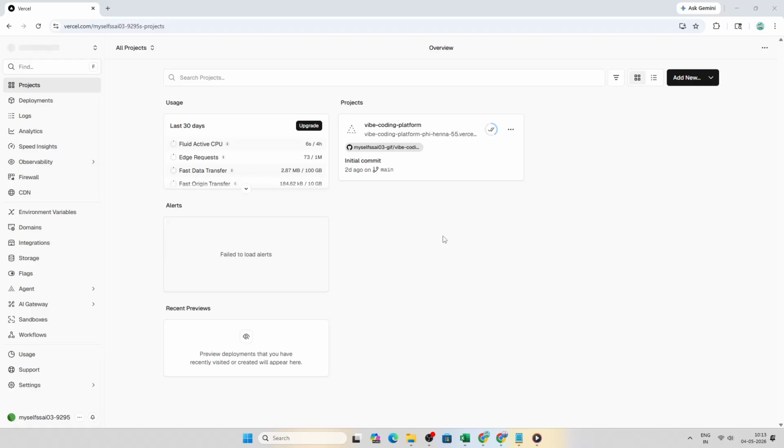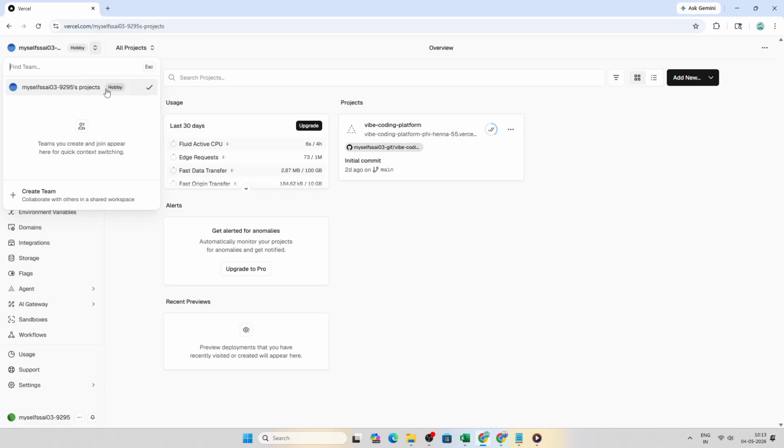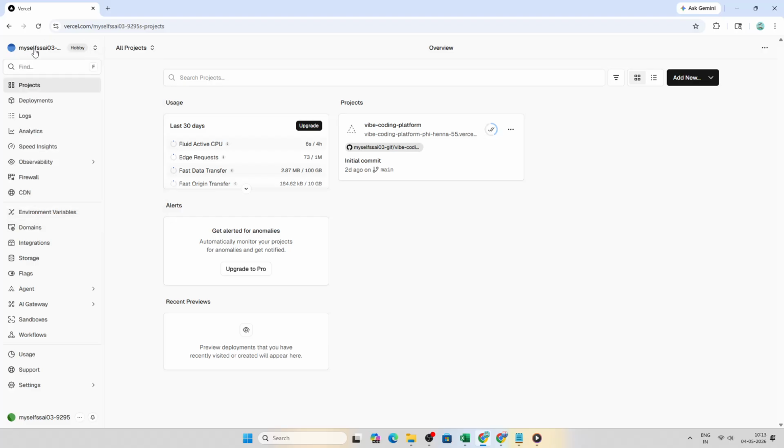First, open your Vercel dashboard. At the very top left, you'll see a switcher that lets you move between your personal workspace and any teams you are part of. Make sure you select the correct team here. This matters because invitations are tied to a specific team, not your personal account. If you are working across multiple organizations or projects, double-check you are on the team that owns the project your